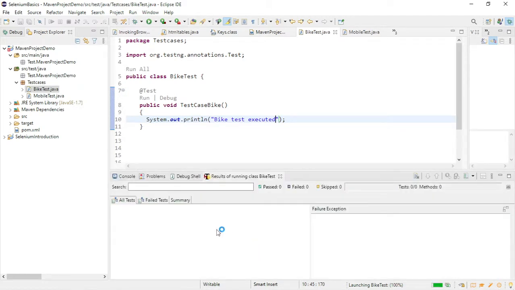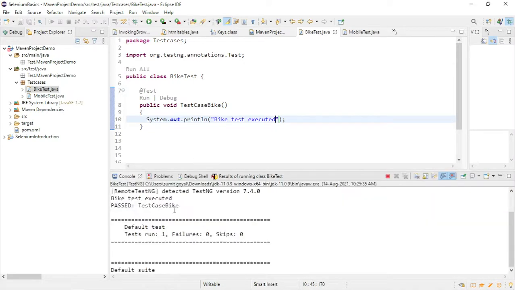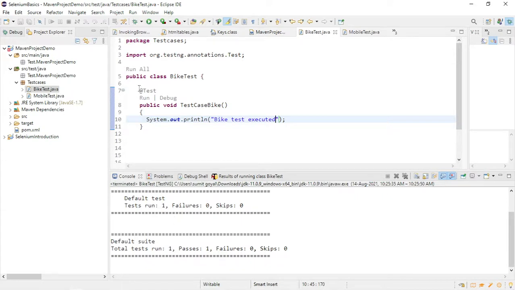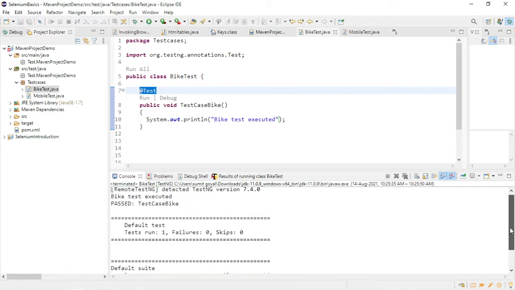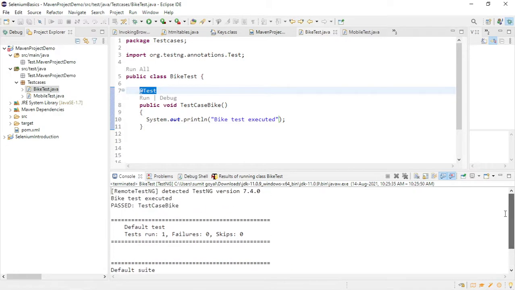Let's wait for it to finish. TestNG we will again see from the starting. We just need to have some idea here. You can see, once I provide @test for TestNG, you get some good output, right? But if I use the main method, you will not get all these things. So this is basically given by TestNG.